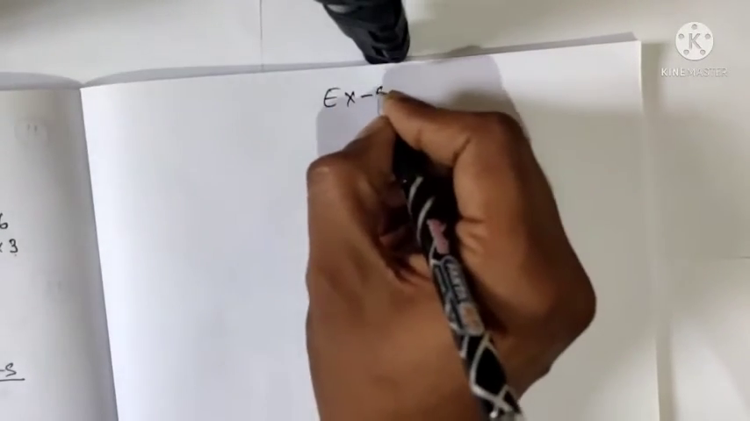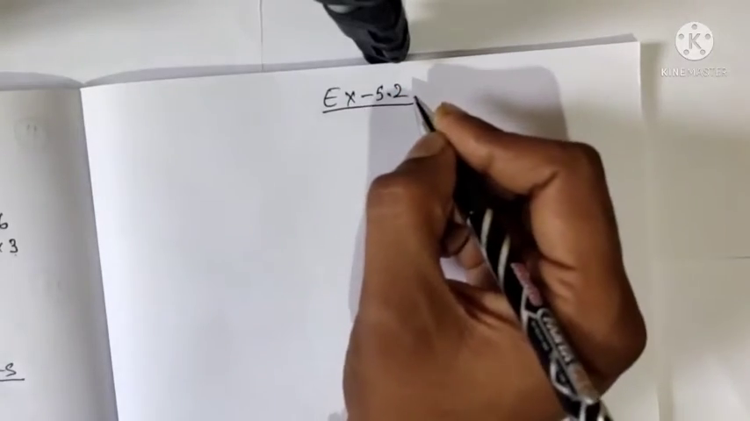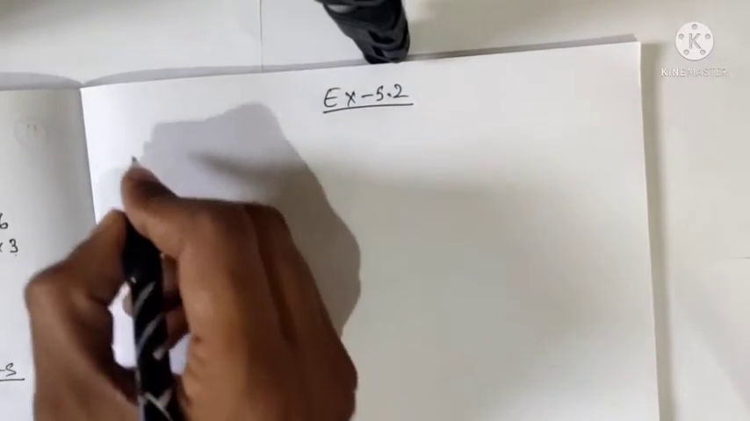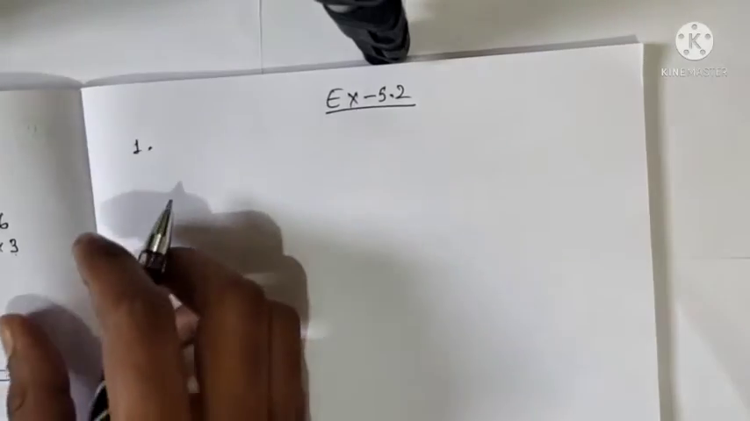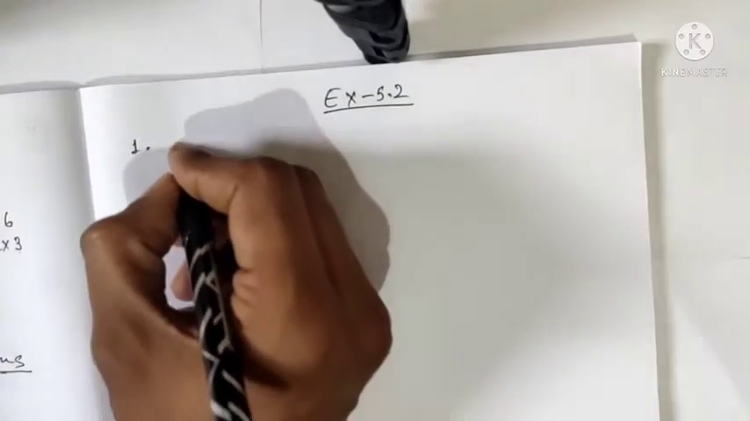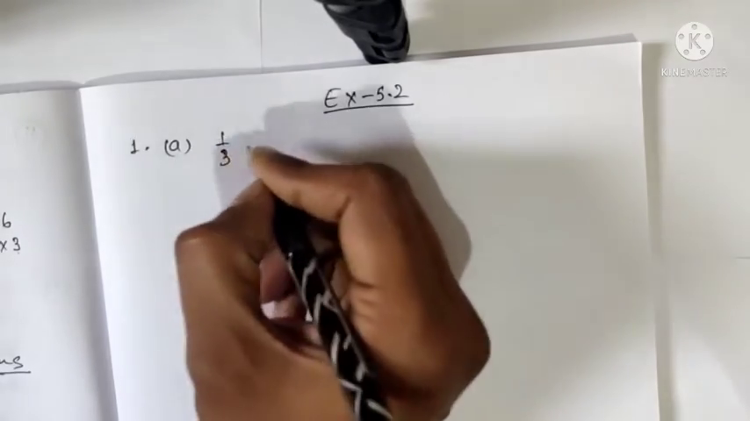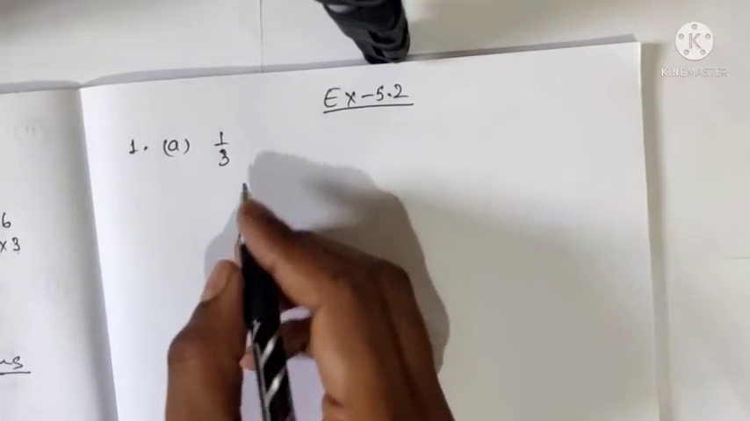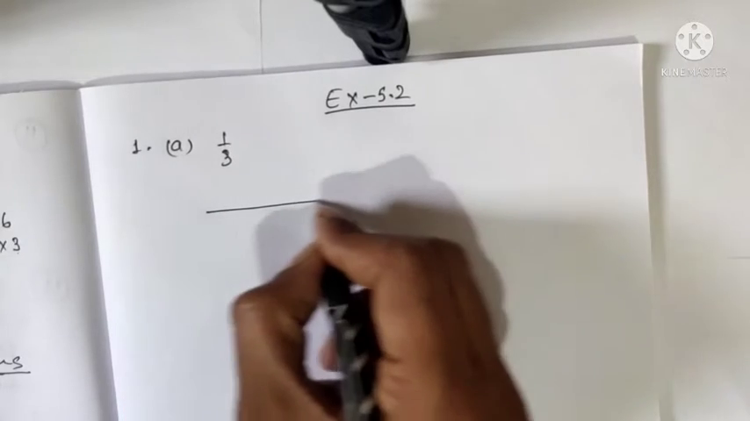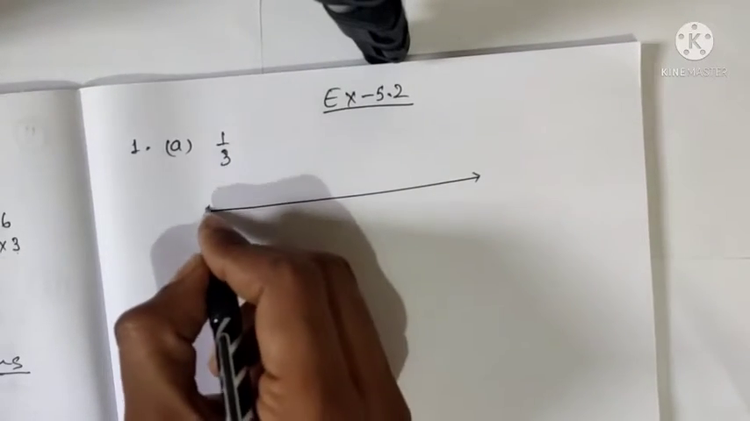Today we are going to solve fractions, exercise 5.2, and I am going to solve question number 1. Question number 1 is too simple. We have to represent the following points on the number line, and question A of 1 is 1 by 3. Now to represent it on a number line, just draw a line